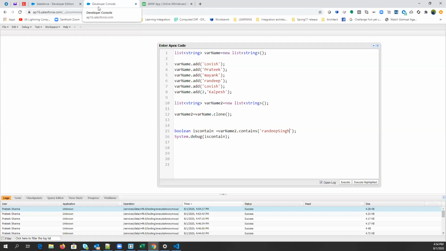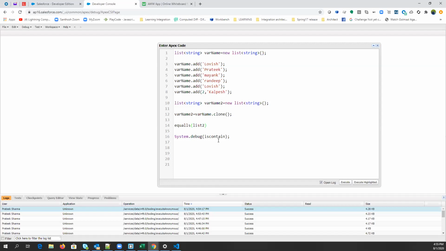Now, if you want to compare two lists, there is a method called equals. I'm removing this. We have a method called equals, list two, whichever list you want to pass.